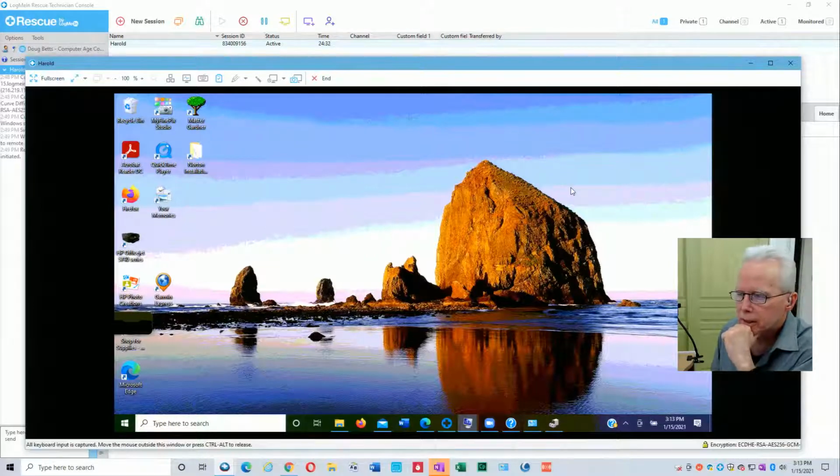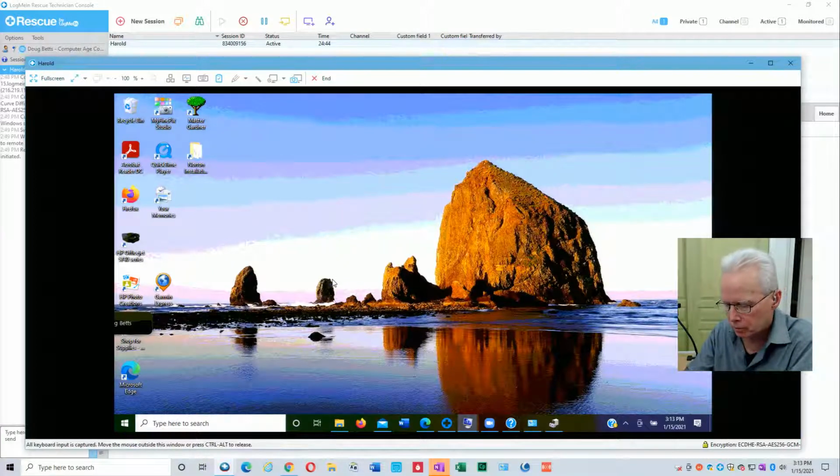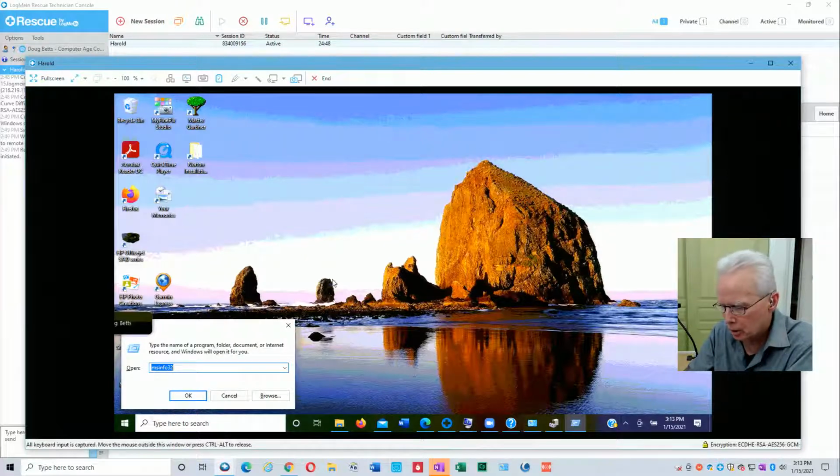We also did get an indication at one point of a hard drive file problem. I think before going to that, I'm going to go another direction though. Windows key R